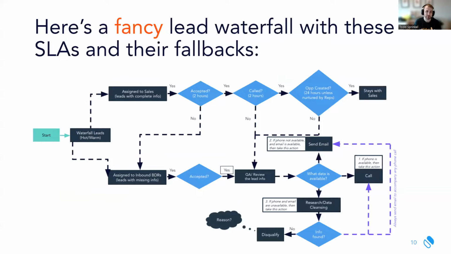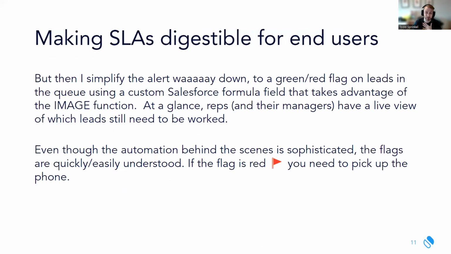So this is an example of a super fancy two-tiered approach with all of the fallbacks. Now, you don't have to start this complicated. In fact, I highly recommend you don't. But even if you have something that complicated, I like to then simplify this way down to just a green